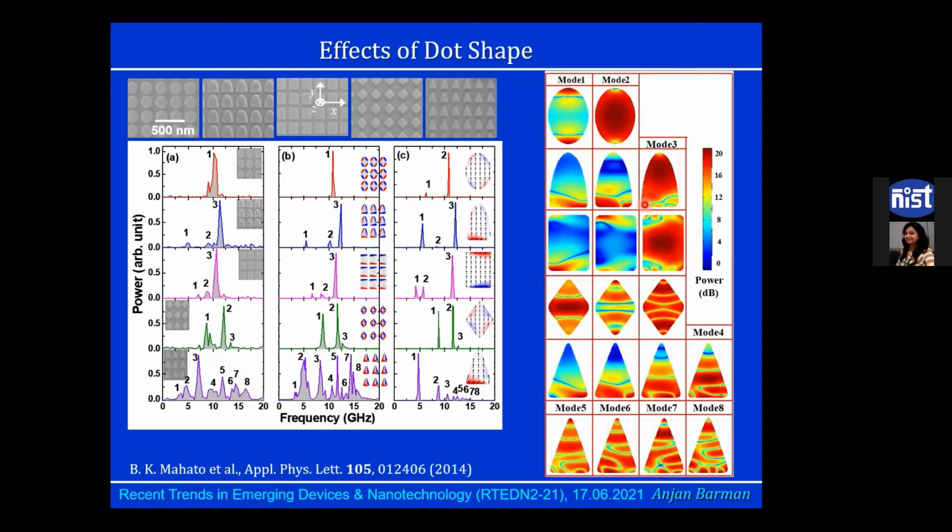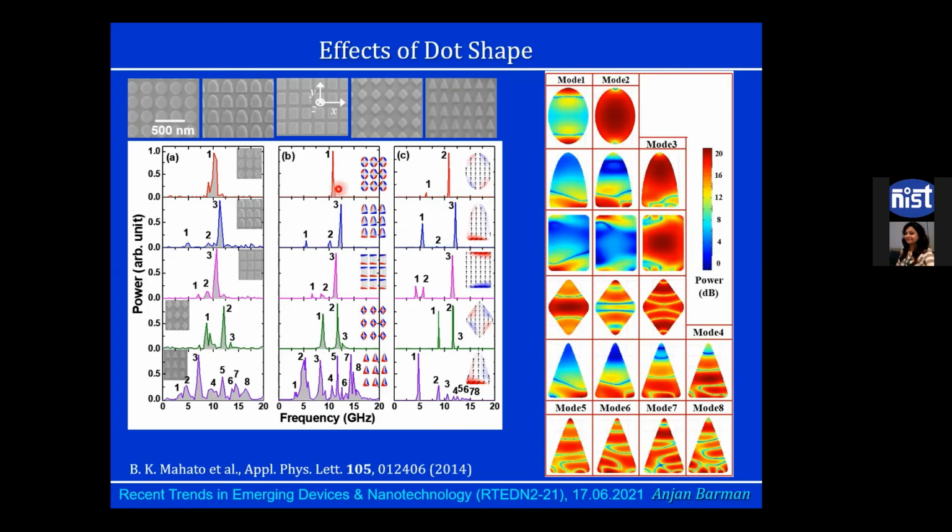you can go to here, for example, where there are various kinds of hybrid modes. Here, these are backward volume standing wave modes with different mode numbers, like n equals 3, 5, 7, and so on. And here you have hybrid modes of backward volume modes and Damon-Eshbach modes. We can calculate their mode numbers and characterize them. The interesting thing is that all these modes,